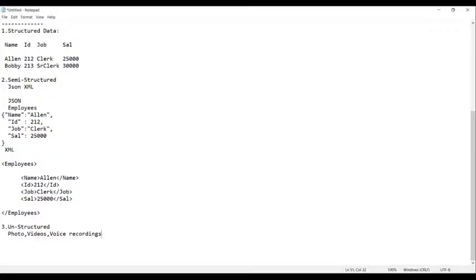This kind of data is called unstructured data. 80% of the data we get is in unstructured format only. Getting my point? Only in 20% will you get structured and semi-structured data.